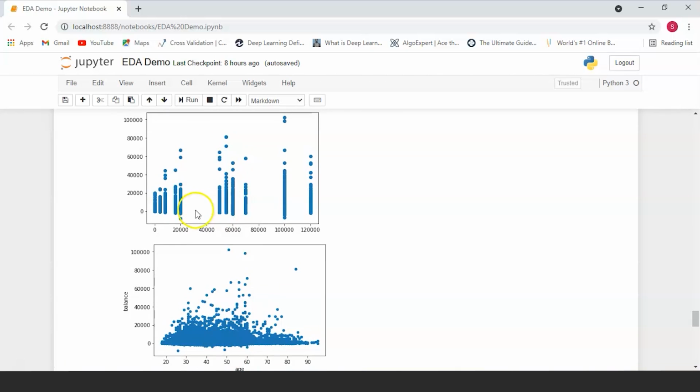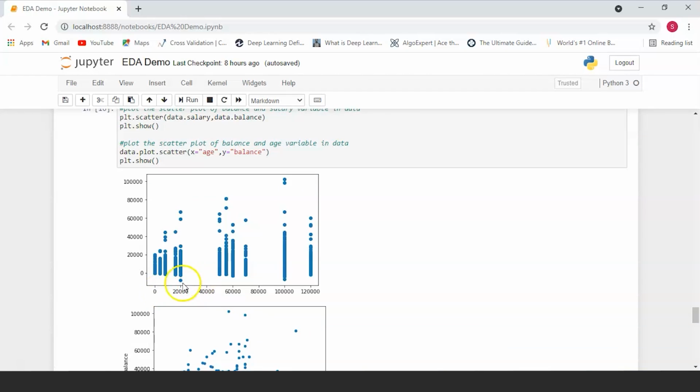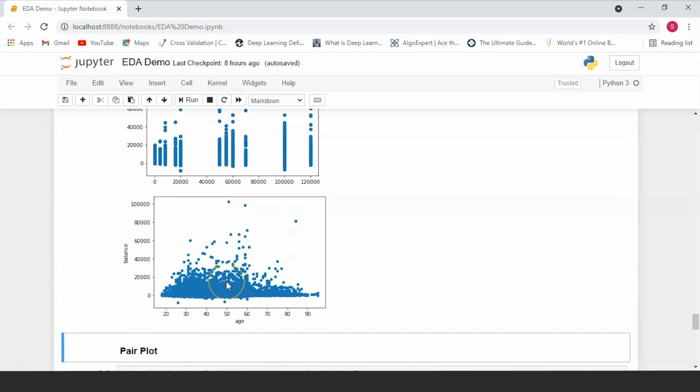The first thing is that this plot has very distinctive clusters of data, and over here the data is spread all around. The reason for this is that the salary values that we have on our x-axis all have a very small range. Like people either earn 20,000 or they earn 60,000 or they earn somewhere around 50,000 or 55,000. The salary is not taking on a wide variety of values.